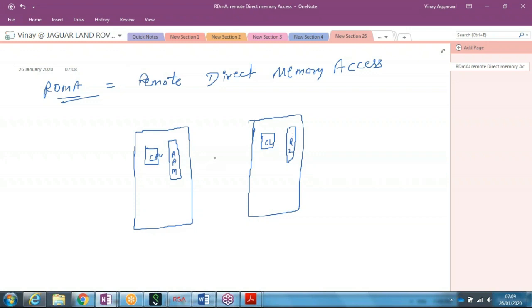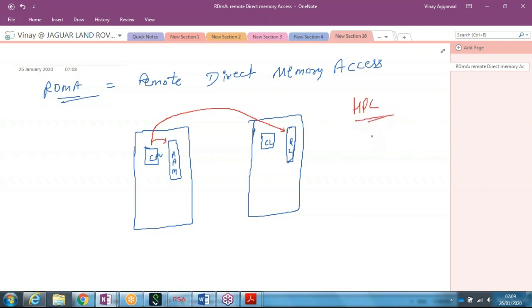Now, if we do the normal clustering, can this CPU write directly on the RAM of system 2? In the normal clustering, it is not possible, but there is something called HPC,